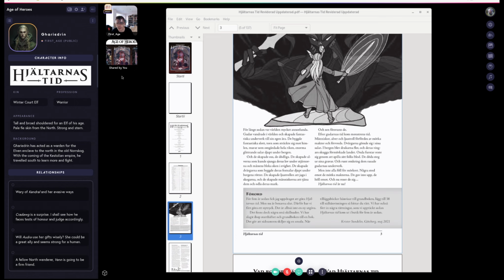I'm over here, and my image is there as well. This is how video boxes go when you're either sharing or you're in tactical mode. Let me just get to the actual PDF.